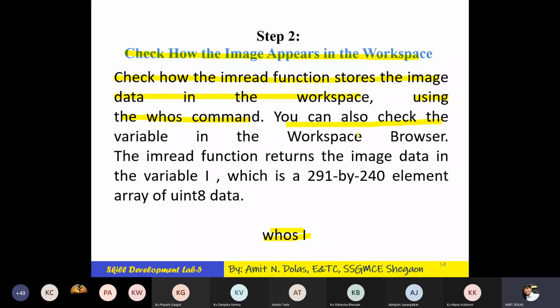You can also check the variable in the workspace browser. The imread function returns the image data in the variable I that we have already seen, which is a 291 by 240 element array of unsigned integer 8 data. So we have already done this step.